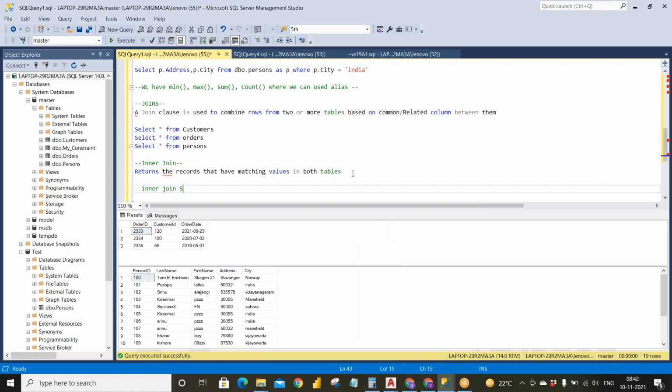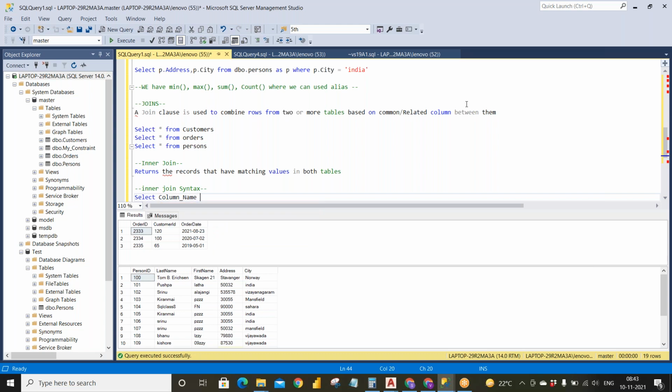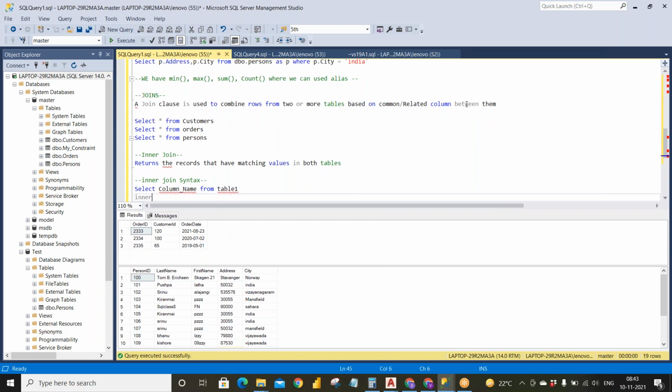Inner join syntax. So select column name from table 1 inner join.